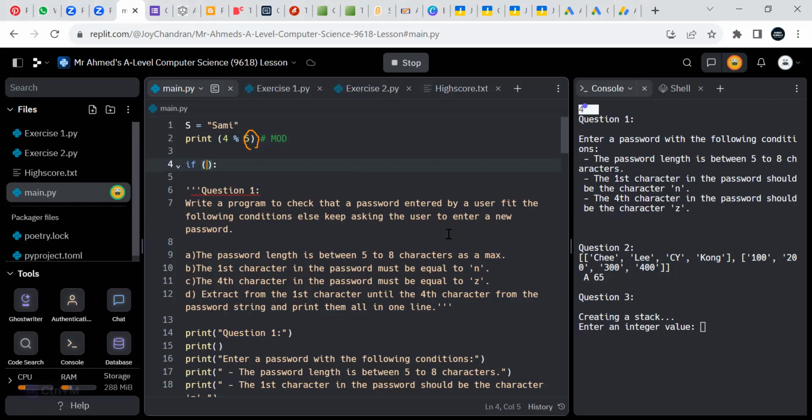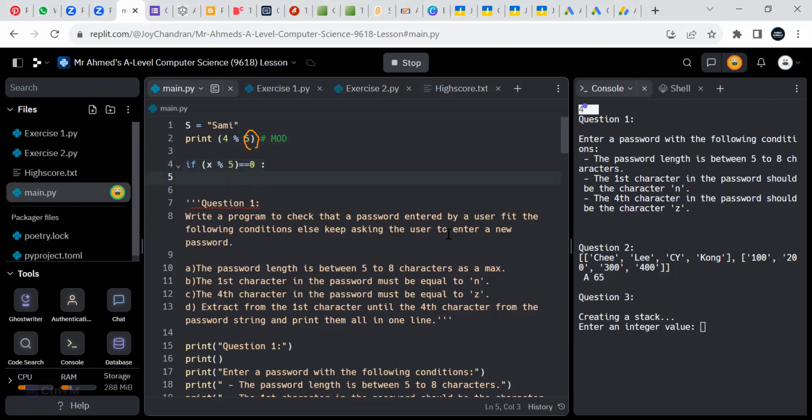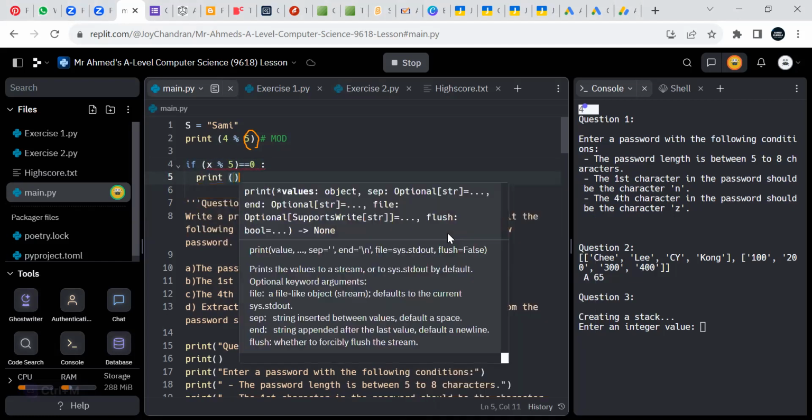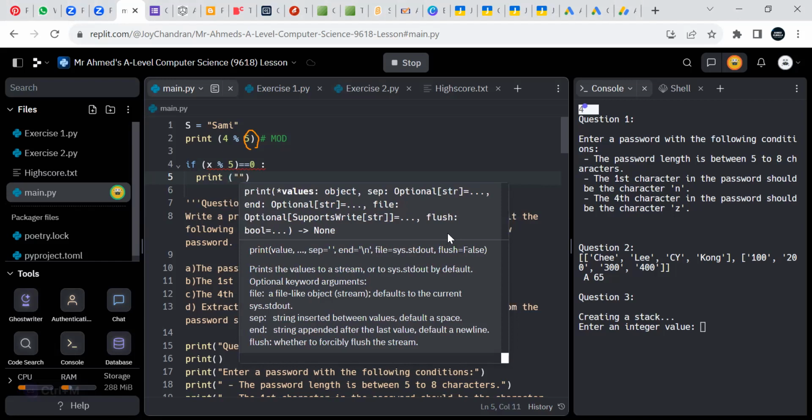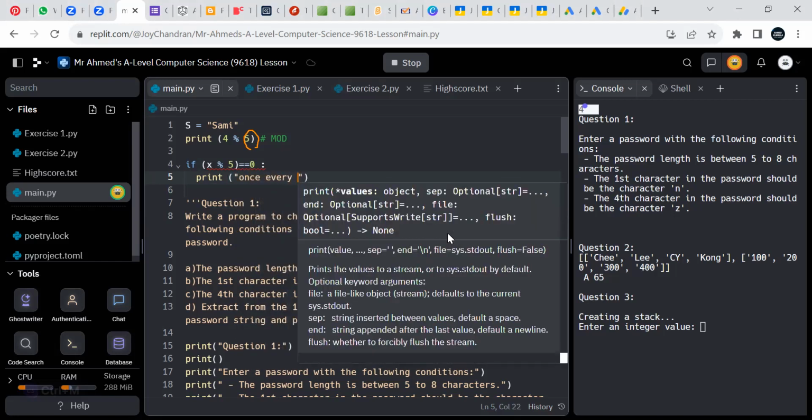So let's say x is changing in a for loop, and I want this condition to occur: check if the output of the modulus equals 0, I want you to print something. Okay, print one, let's say once every 5